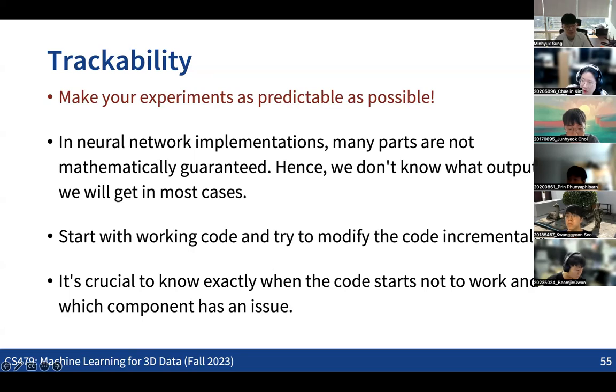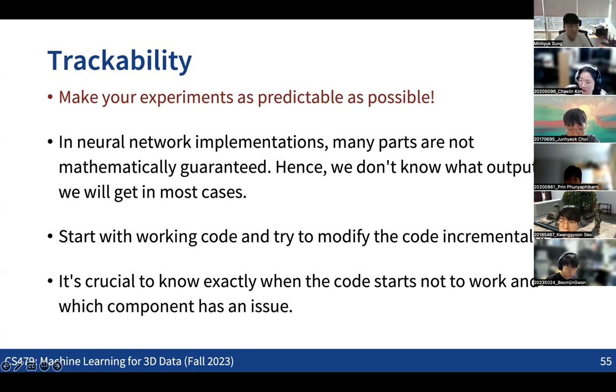If you build a bigger framework at once, at the end of the day you'll see that the code is not working, and you don't know where the problem is coming from, right? So you should be able to manage the code so that when you add a small component, if you see that this addition is causing problems, then you can spot that this is the place causing the issues, right?